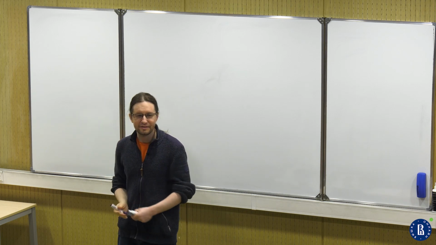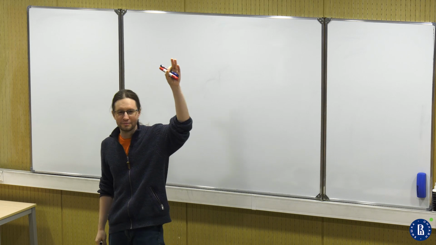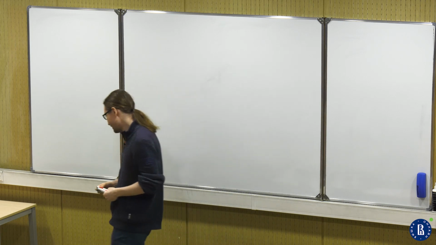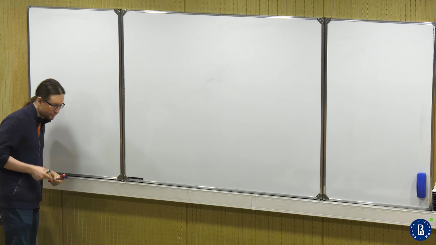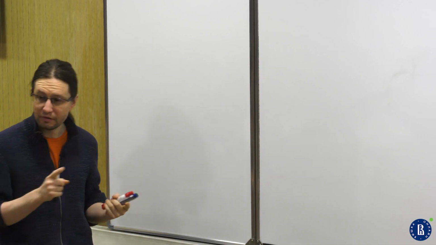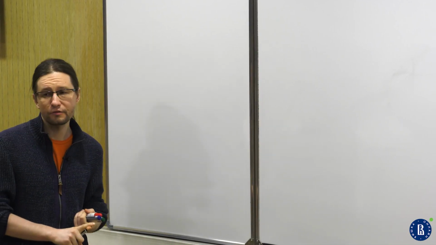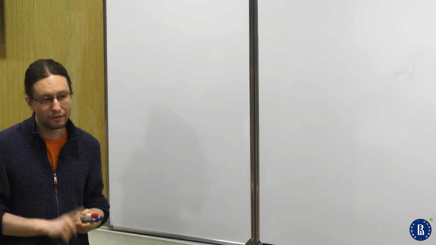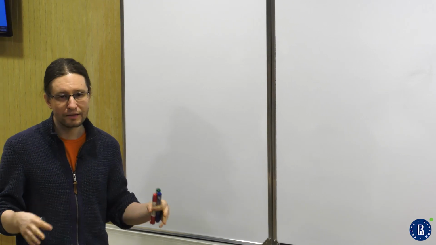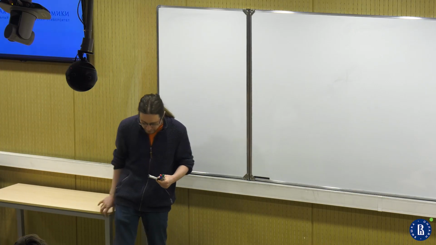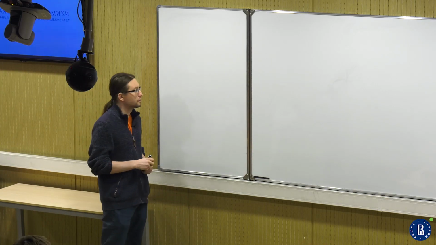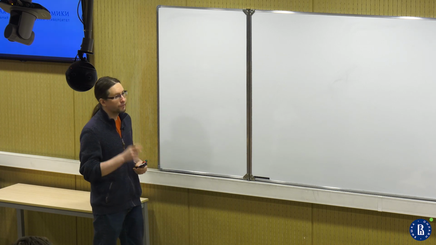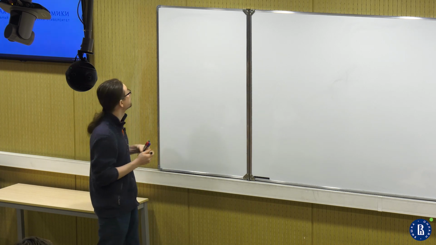Who thinks that I should recall what we discussed in the previous lecture? Okay. So we actually discussed two things. We discussed the Buchberger criterion for a set of polynomials to be a Gröbner basis, and then we discussed the Buchberger algorithm, which allows us to extend any set of polynomials to a Gröbner basis, generating the same ideal. So today I want to prove those statements. First of all, let me recall the Buchberger criterion,